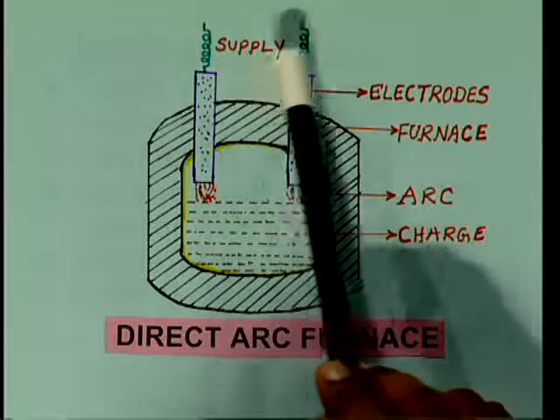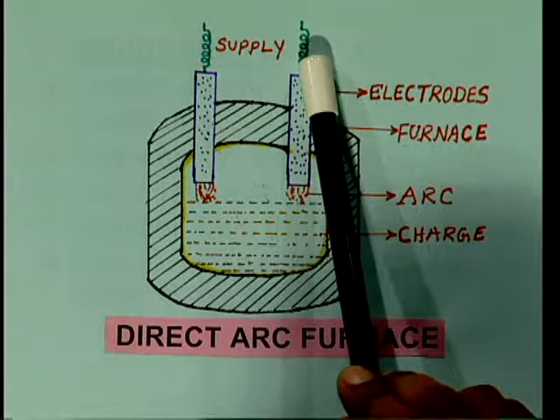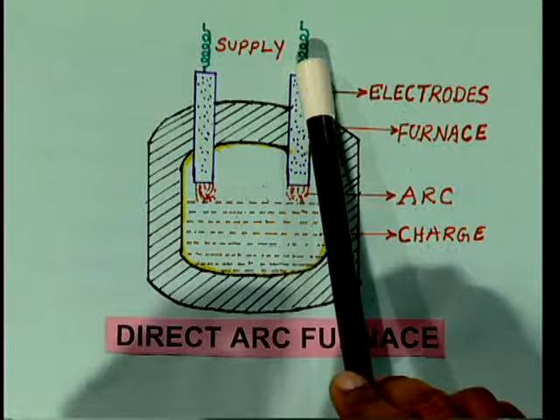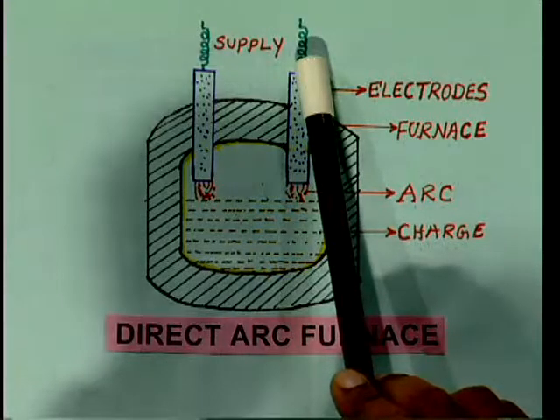if you increase the supply, low voltage will be applied and high currents will be used. How do you get the high current? Here the transformer winding will be controlled such that it supplies low voltage and higher currents. The voltage rating of the furnace will be about 100 volts to 150 volts only, but the current rating will be in kiloamps. By supplying kiloamps of current to the electrodes,